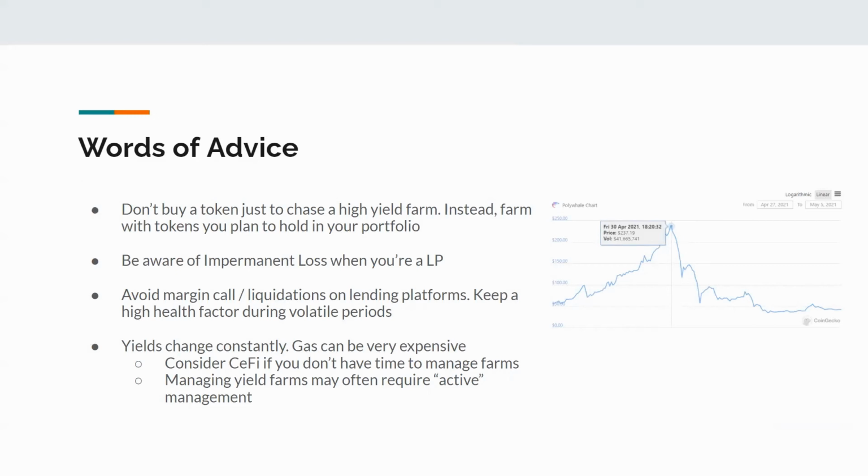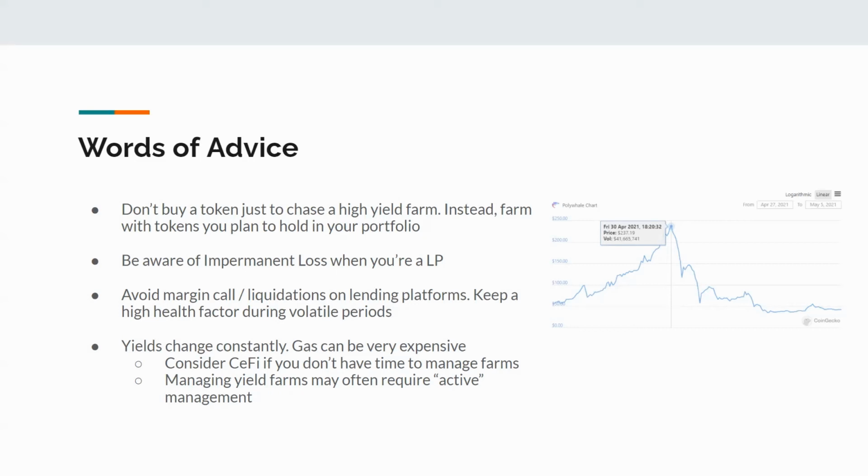But if you see something like, for example, Poly Whale, they had like 5,000% APY for a week. People were buying that coin because they wanted to farm with it to get the 5,000% APY. And then within a week, the price goes down 99%. Recently, the developers actually just quit the project and disappeared. So a lot of these things, if it's too good to be true, it probably won't last that long,